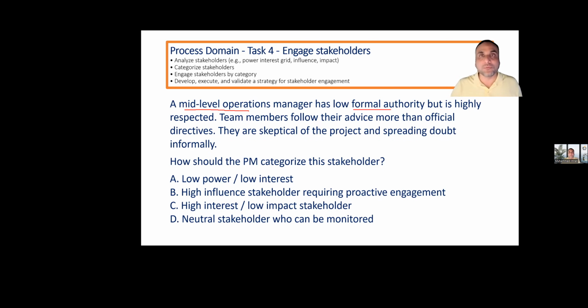So influence is good. So I can see that we can have power and influence instead of power and interest. So influence we can do and power we can do, and we can know what can be done. Low power, low interest, high influence and stakeholder requiring proactive engagement, high interest, low impact, neutral stakeholders who can be monitored. So the correct answer is